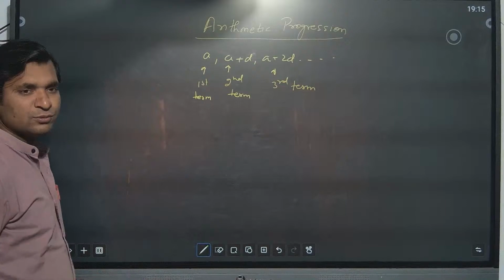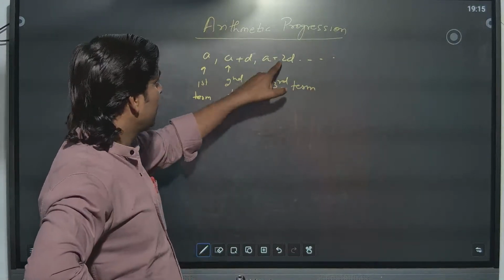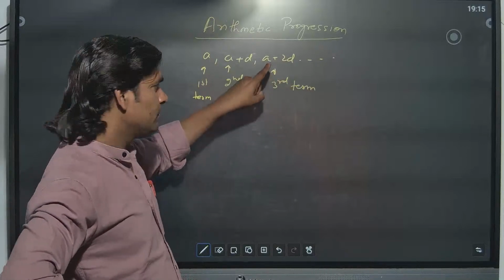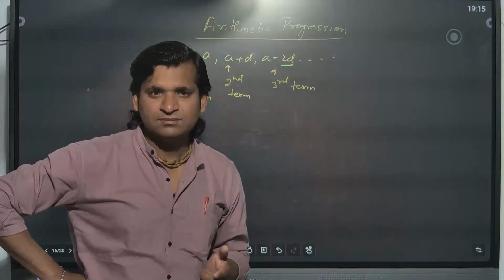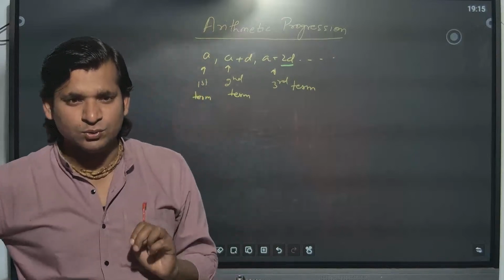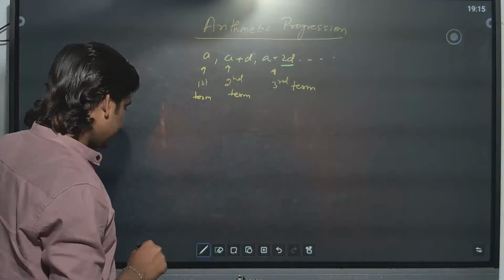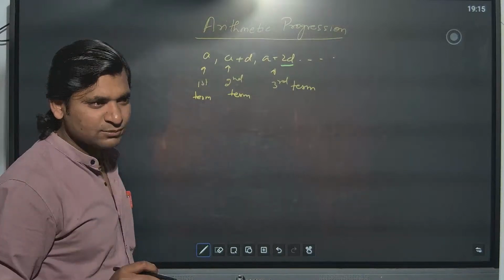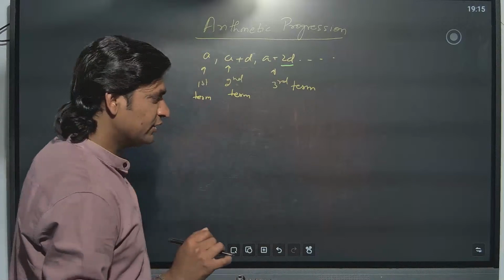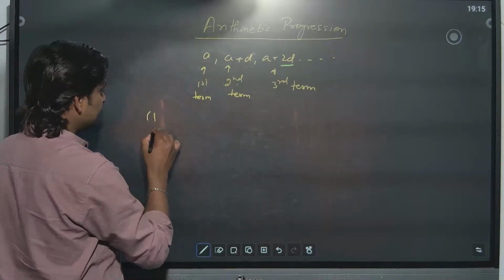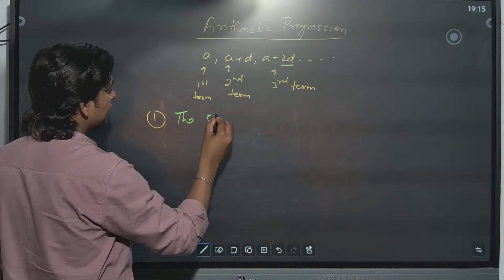So here what you are observing, as the number of terms increases, you can see the d value is 1 less than the term number. If it is the third term, how many d's will come? 2. If it is the 10th term, how many d's will come? 9. So one question will ask, they will not ask the nth term question directly, they will give it as a word problem. What is that? They will give